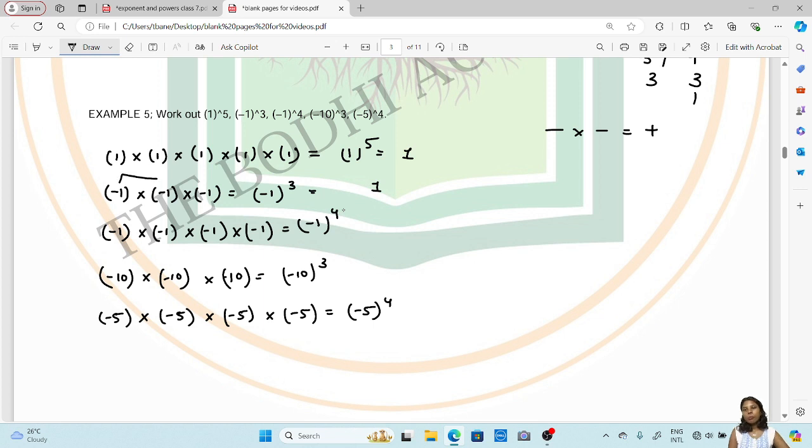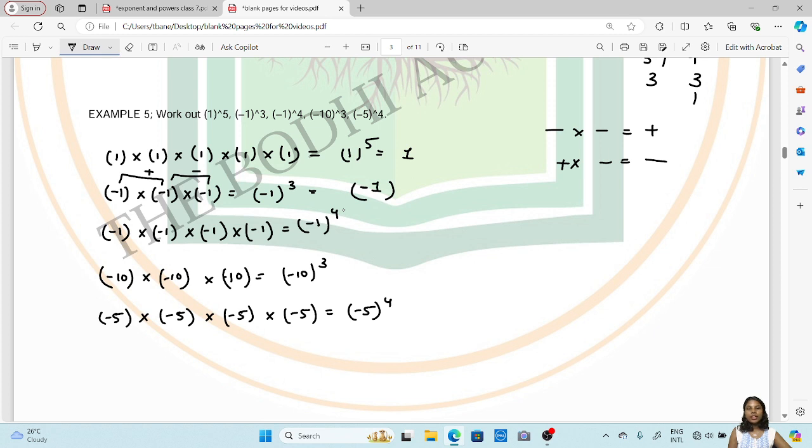So this will become plus. Now you have another minus over here. So plus into minus will be what? Minus. So therefore here you will get minus. So your final answer here will have a minus sign. So minus 1 raised to cube is